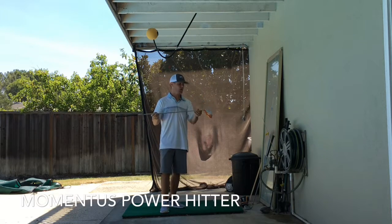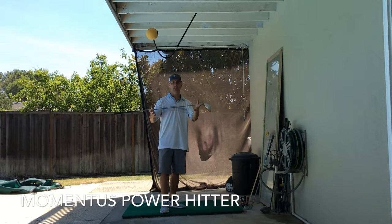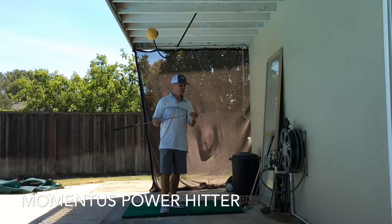The other thing about it, I can't remember, it was a few years ago I got it, but it's not on the cheap end. It's over $100, I think, and I'm hoping they still make it. I think they do, but yeah, it's not a particularly cheap training aid, so you'd have to think about it carefully before you purchased it. But on a scale of 1 to 10, I'd say, was it worth it? Maybe a 6 or a 7 for me,